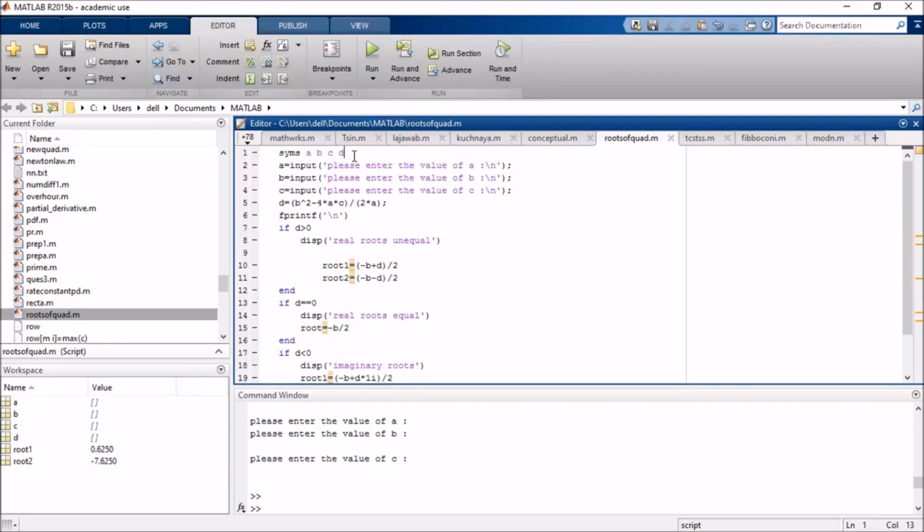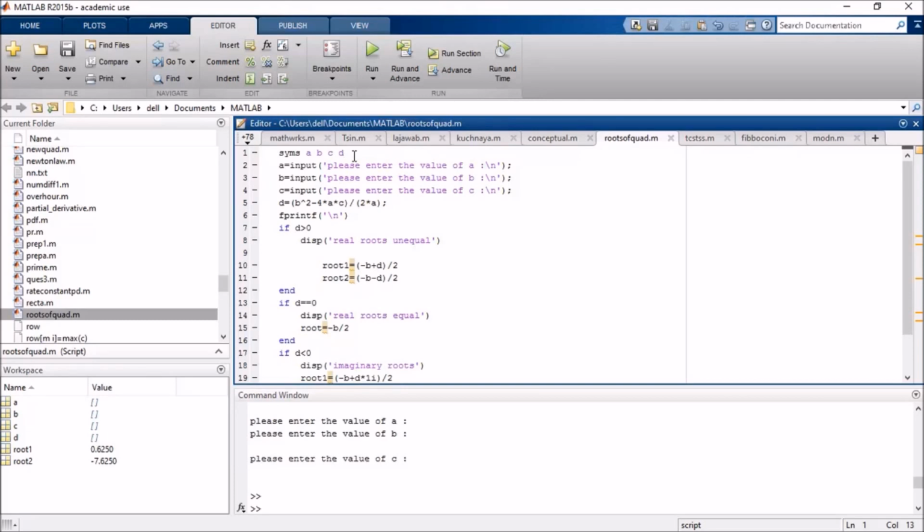For example, if you put the values of a, b, c as symbolic variables, then instead of a numerical value, the output will be shown in terms of a, b, c.